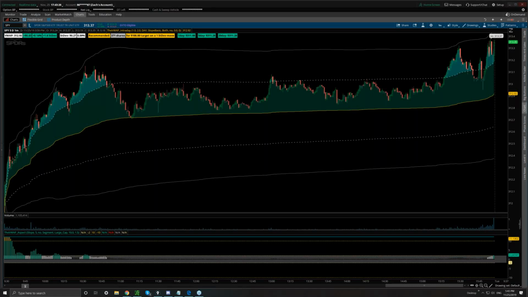We need to know when to avoid or be cautious with a chart, rather than simply saying long or short. Sometimes neither is the answer. And when I say neither, I don't mean literally you can't go long and you can't go short. I'm simply saying there's no overwhelming directional trend.